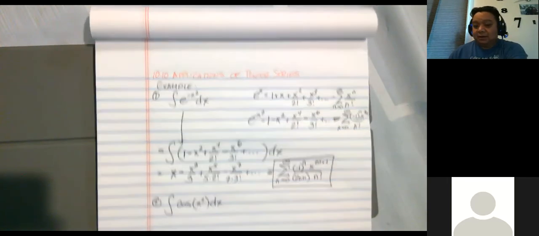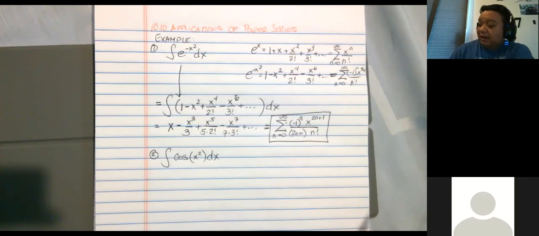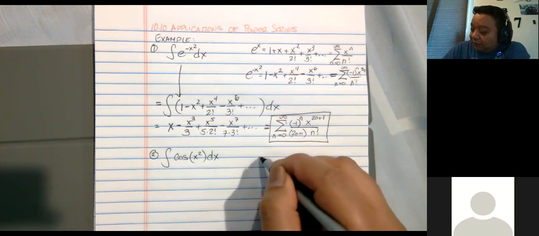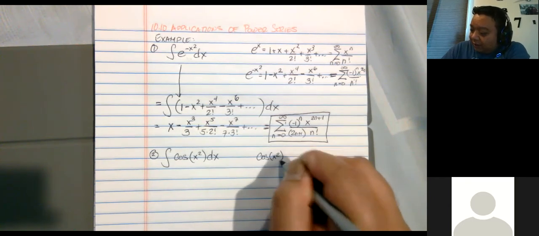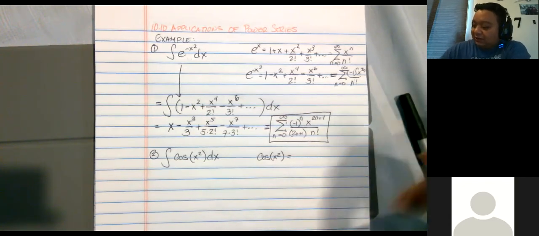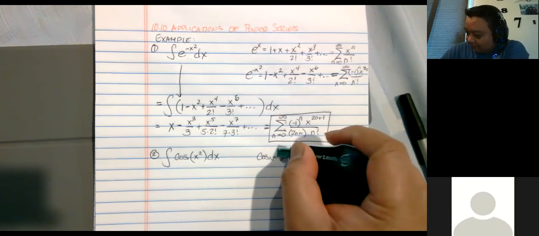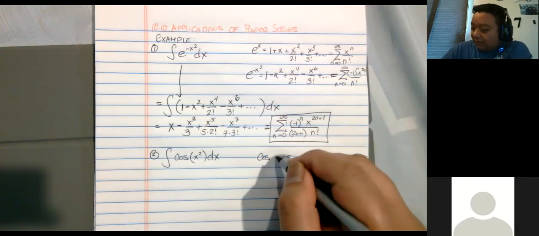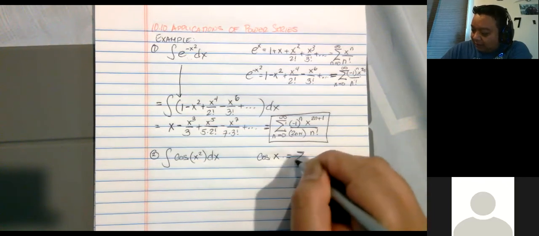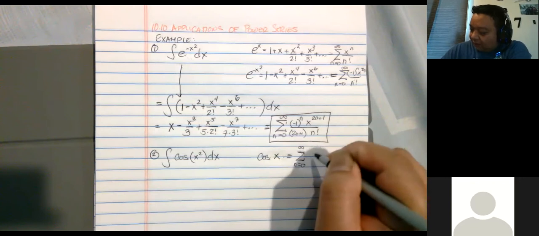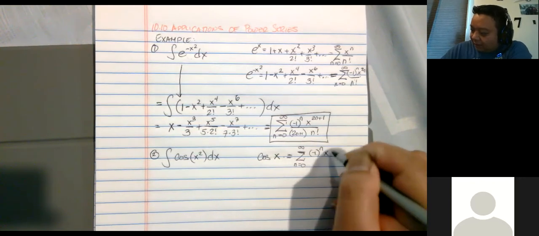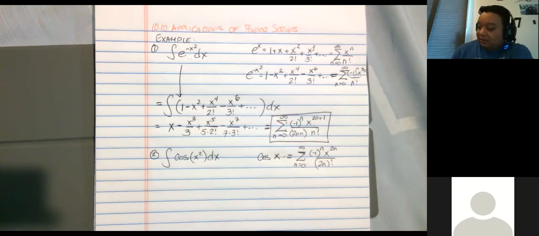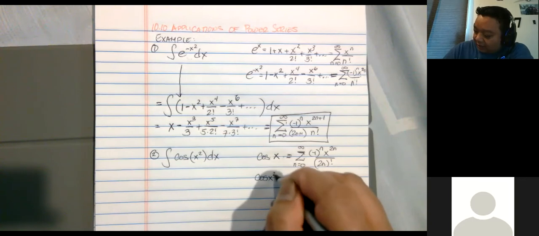All right, so again, since I am integrating, you can certainly use the summation notation already. Let me do cosine x first. Cosine x is the one with the even power. So it's the summation from n equals 0 to infinity of -1 to the n, x to the 2n over 2n factorial. So that means cosine x squared